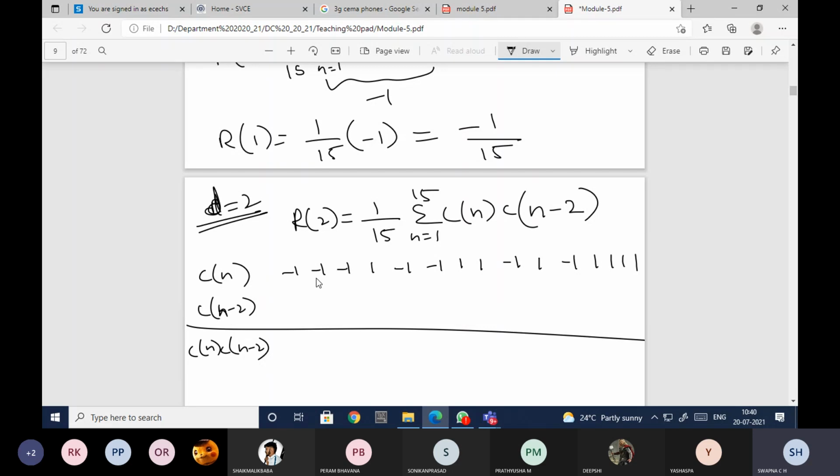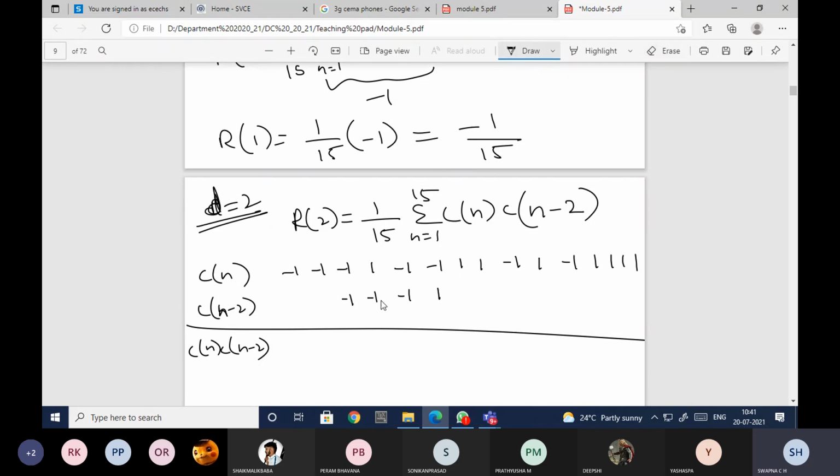Whatever I have, minus 1 will come here, minus 1 here, minus 1 here, again minus 1, 1. From here it is shifting. This is coming here, this is coming here, like that it is happening. If anybody has any doubt about this shifting, you can ask me.